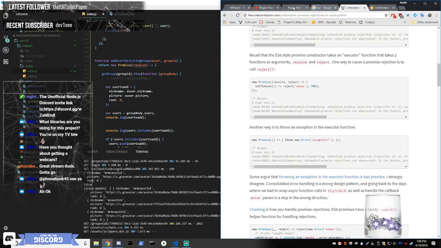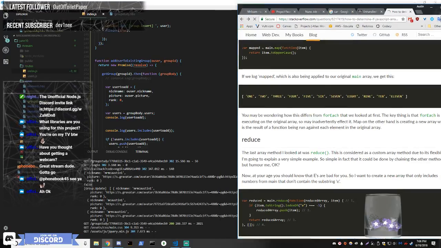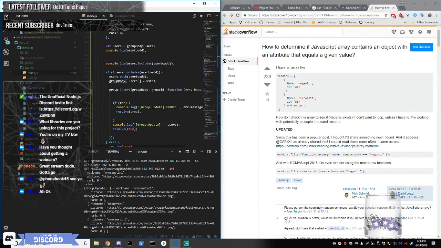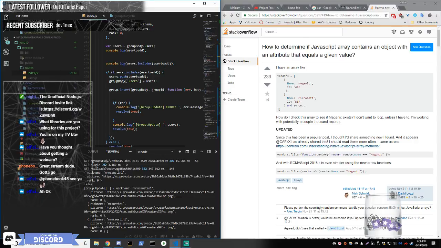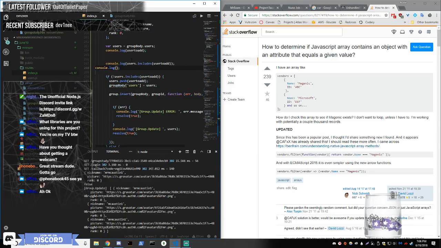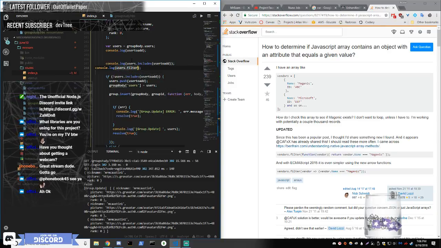Yeah, so I really like this thing right here. So what we're gonna do, rather than include, I want to just test this for now. I know it's gonna be weird about it. So if users filter